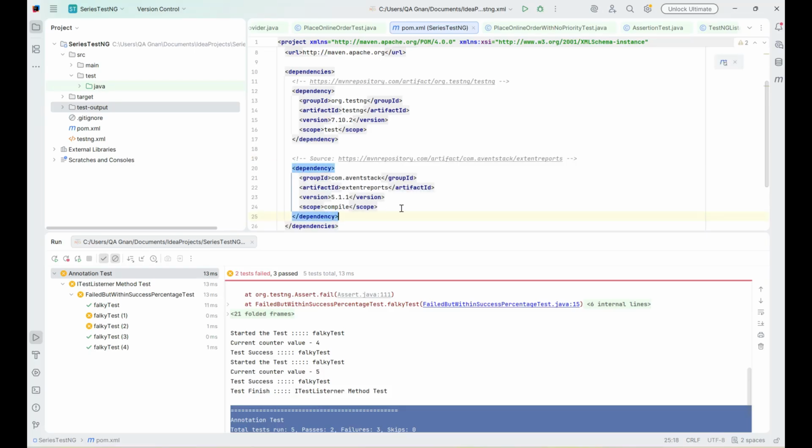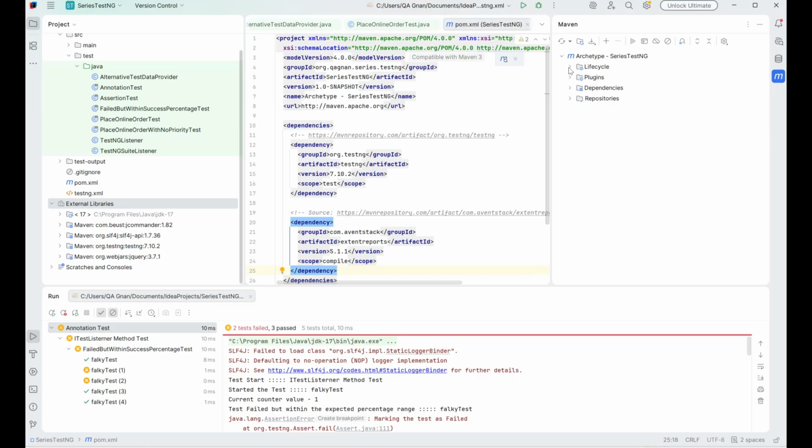Okay, and once we do that, if we expand here, we should see the library as ExtentReports getting added here. Currently we do not see that, but if this won't get downloaded automatically, then we have to force it by clicking the Maven expand lifecycle, selecting install, and clicking this run Maven build button,